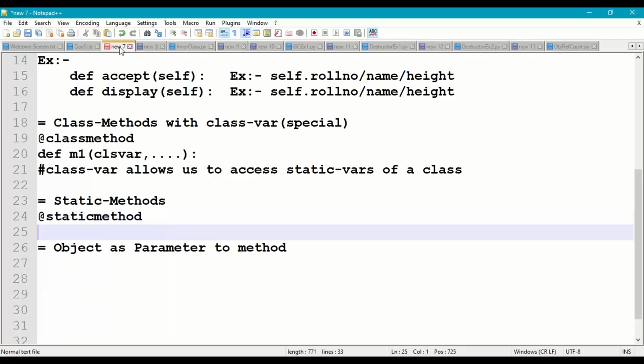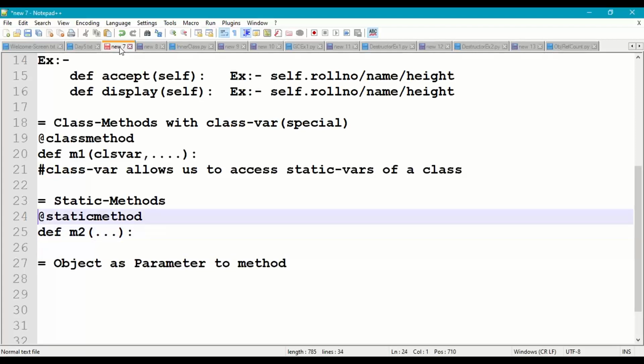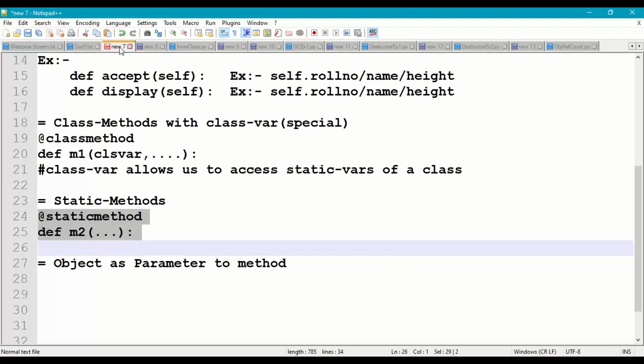So whenever we write it, it indicates that the particular method is a class method or static method. So definition M2 followed by input parameters, and inside the static method we will not take self variable, we will not take class variable. They are mainly used to access static variables of a class. They can be called directly with the class name,